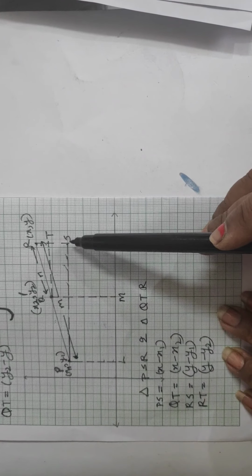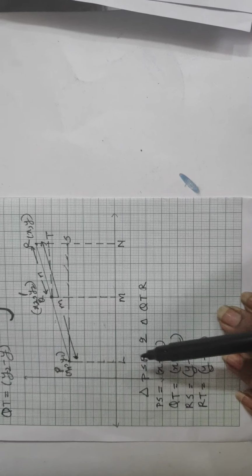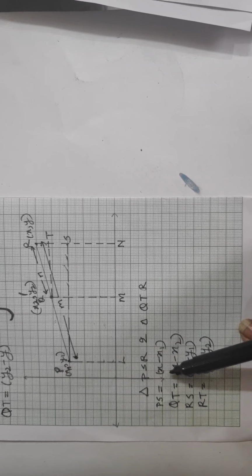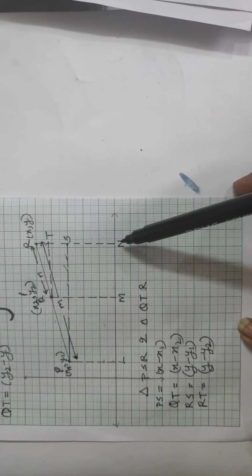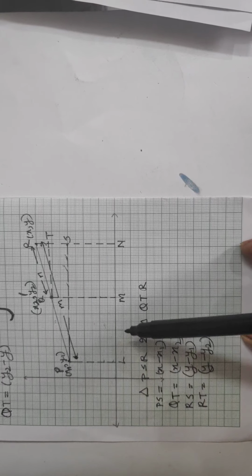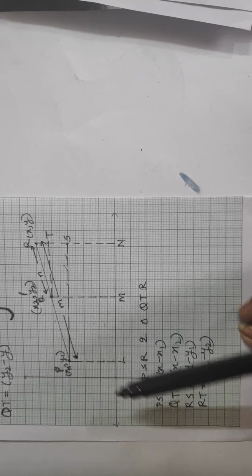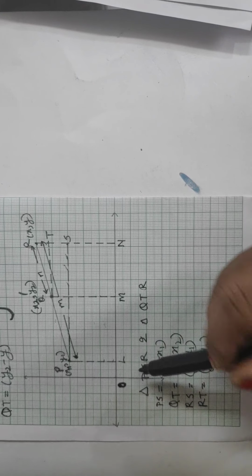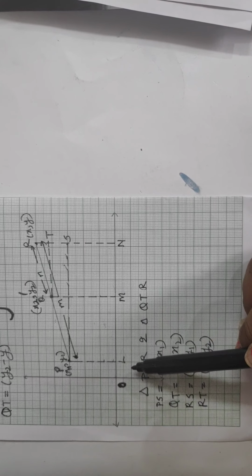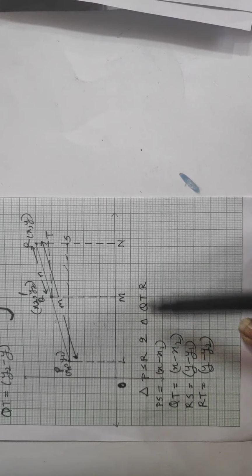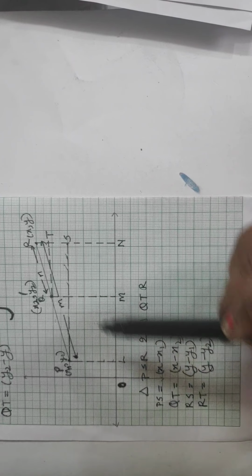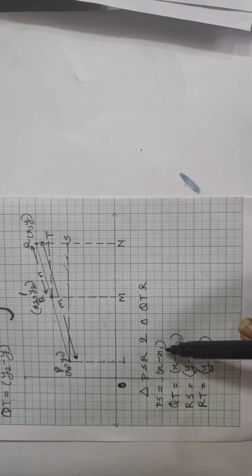PS, again, this is X and this is X1, so it will be equal to LN. So the value of PS will be X minus X1. Suppose this is the O point, when we subtract ON minus OL, we will get LN. So that is equal to PS, and here the value is X minus X1.